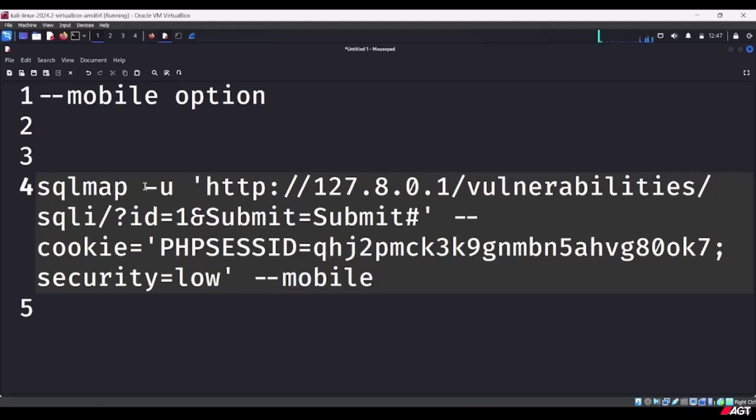Okay, so here we have -u, where you put the URL of the website you are testing, and then we have --cookie, which is used for authentication if needed, and then lastly we have --mobile, which tells sqlmap to act like a mobile device. So let's run this command